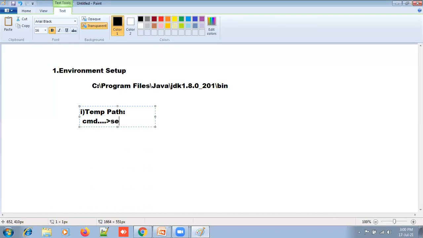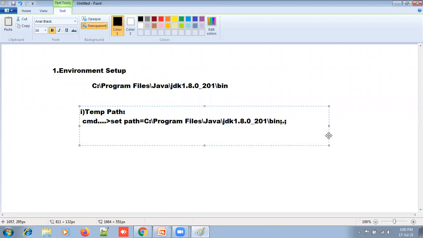Then use set path, paste this, then semicolon dot semicolon, and press enter. This is the process of the temporary path. And the second one, we can go to the permanent path. For the permanent path, we go to My Computer.